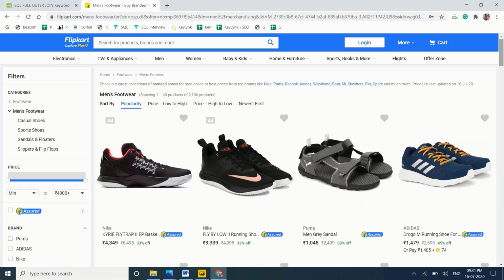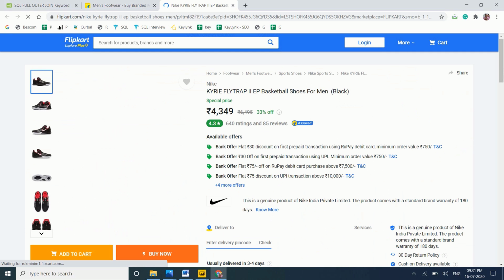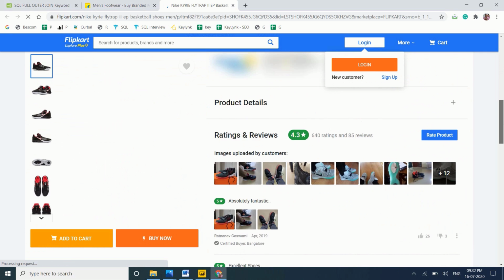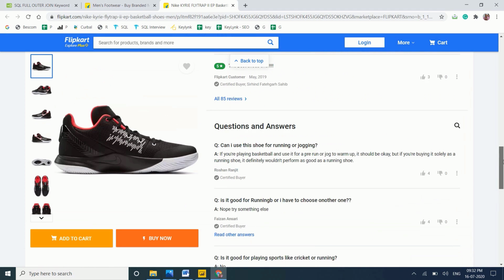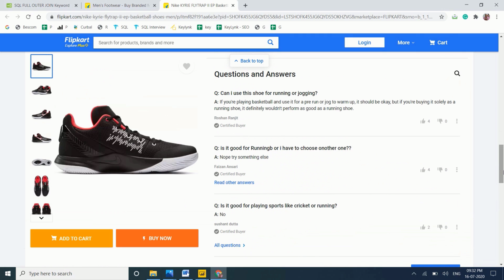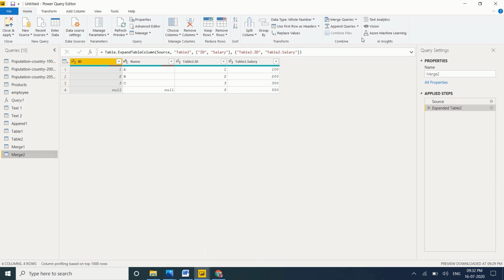I want to take Nike shoes. If you come down, there are comments, correct? Customer reviews, this is nothing but customer, but you want to know how many people are giving positive feedback, how many people are giving negative feedback. So by using Power Query text analytics we can analyze the